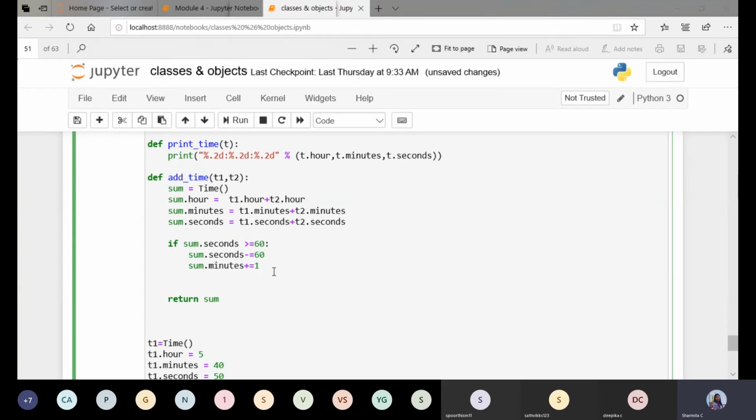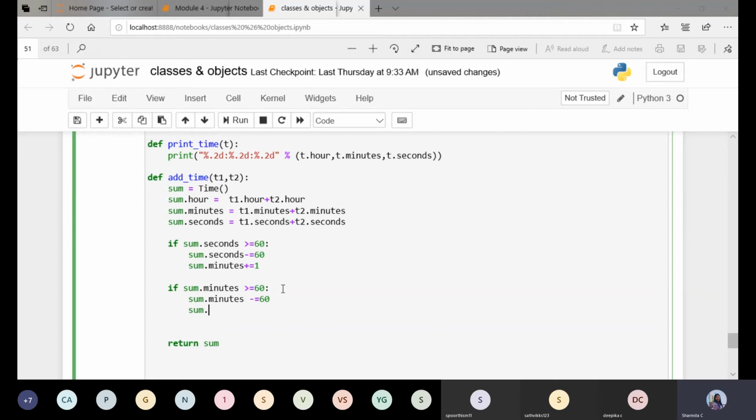Now in a similar way, if sum.minutes is greater than or equal to 60, what do I need to change now? I need to change the minutes and hours. So sum.minutes minus equals 60.